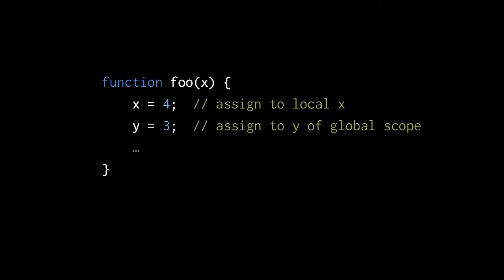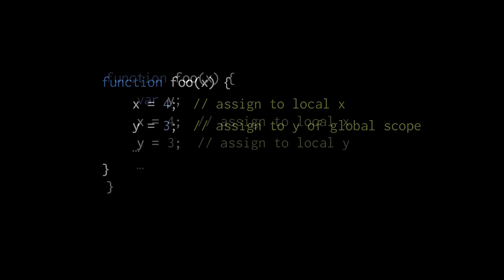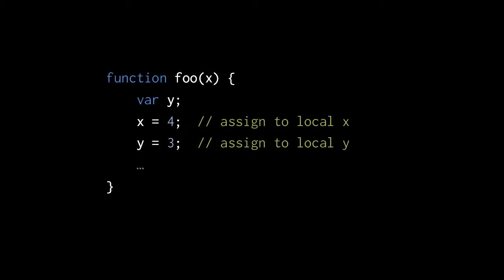I mentioned briefly before that local variables in a Python function get created implicitly by assignments. Recall, though, how things work in JavaScript. In this JavaScript function, x here is a local variable because the function foo has a parameter named x, but the variable y here is not local because the function foo has no parameter named y. To make it a local variable, we have to explicitly declare that this function foo has a local variable y